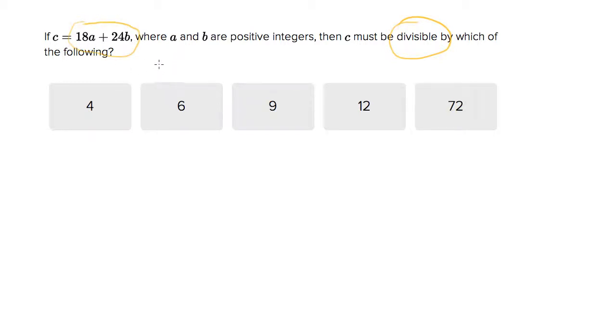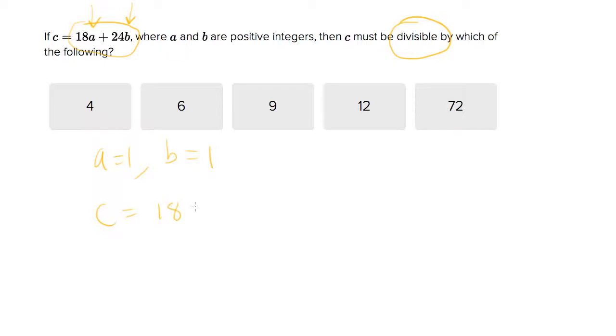the following. Now, it's one thing to try to prove which answer choice it must always be divisible by, no matter what you pick for a and b. But that's a much more complicated question. A simpler and faster way to do this is to simply pick instances of a and b and test them out. So if I pick a equals 1 and b equals 1 and plug that in, we'll get